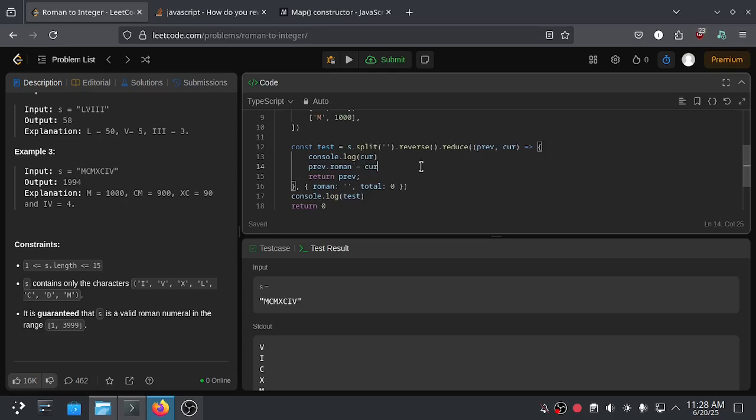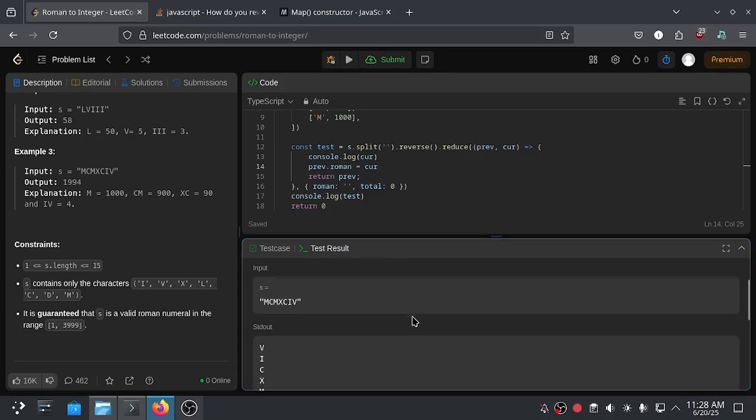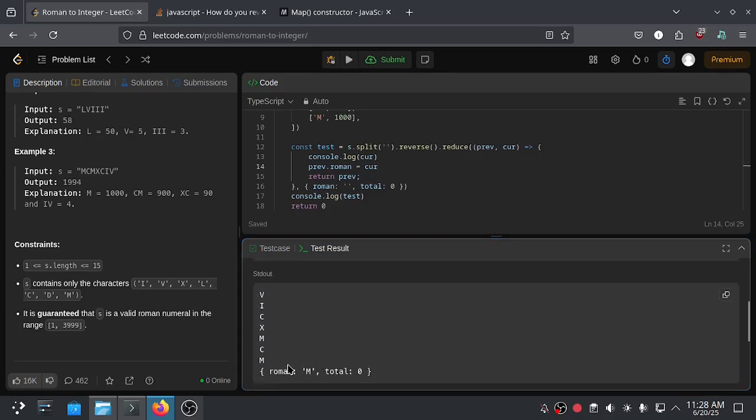So let's run this, and then you will see the previous Roman inside the object. Okay, so for the console log test, it's returning this object content right here, and the last iteration, which is DM, is recorded perfectly.